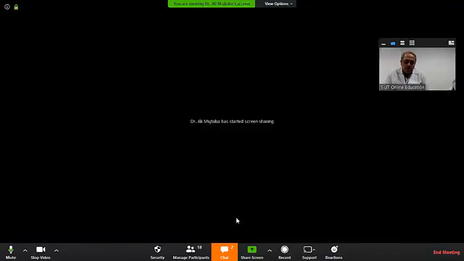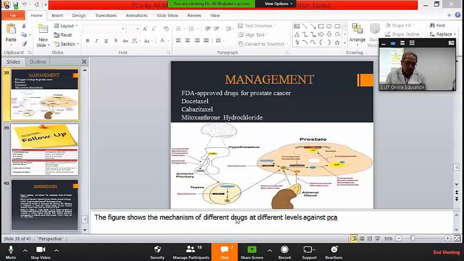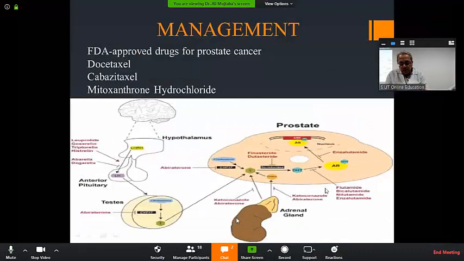Whenever a person comes to me, I always give that person the benefit of doubt. I always want to assess PSA, and this newer addition of lowering the threshold from 4 to 2.5 has given me an insight in terms of managing my patient. If my patient has got any PSA which is less than 4 but greater than 2.5, meaning between 2.5 and 4, I would give him the benefit of doubt by doing a biopsy.